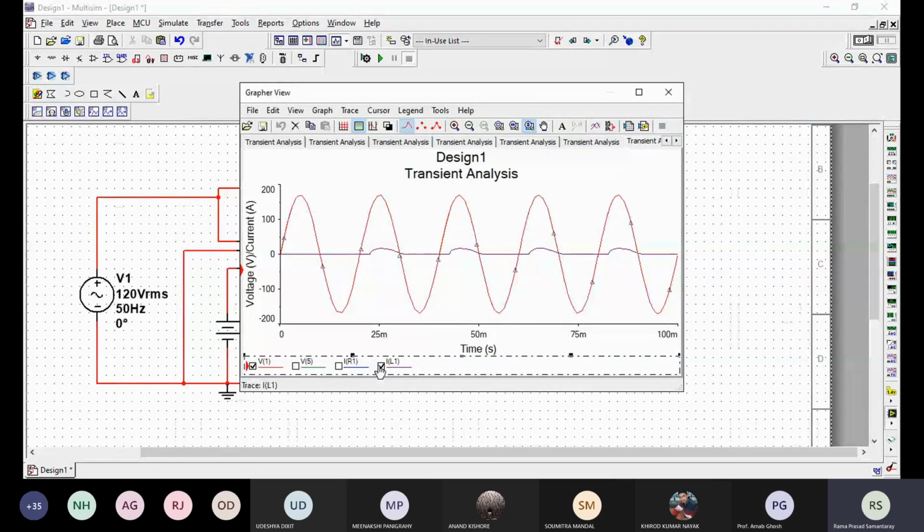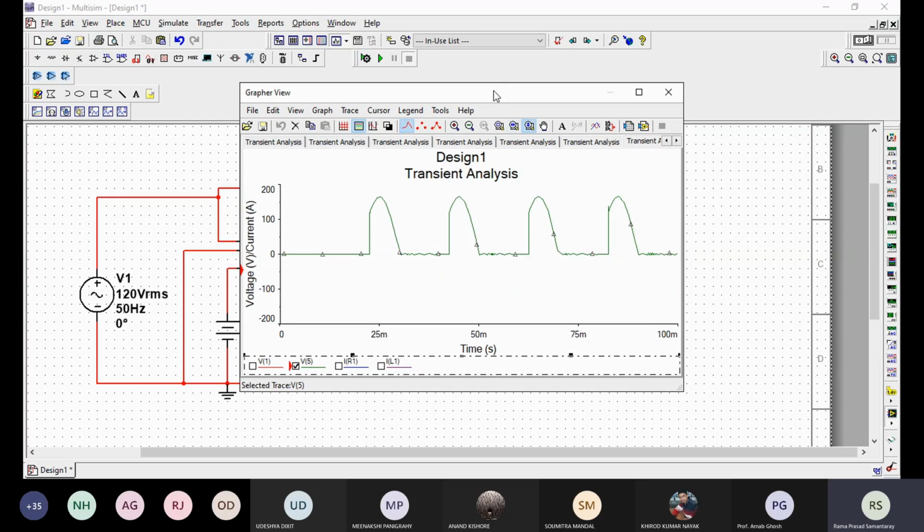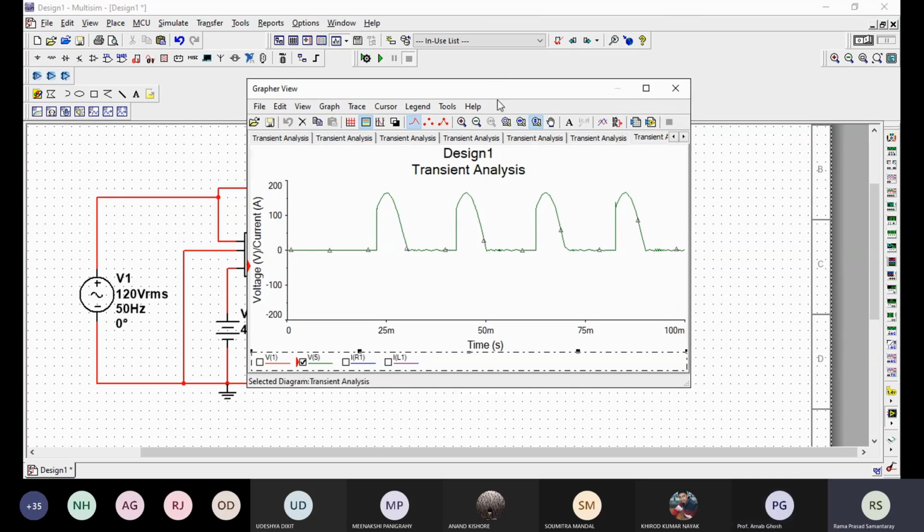Now the names of the waveforms are written. So select everything, take a screenshot of individual waveforms. This is V. V means what? Supply voltage V1, that is input AC voltage, and V5 is the voltage across RL. This is the voltage waveform of RL.